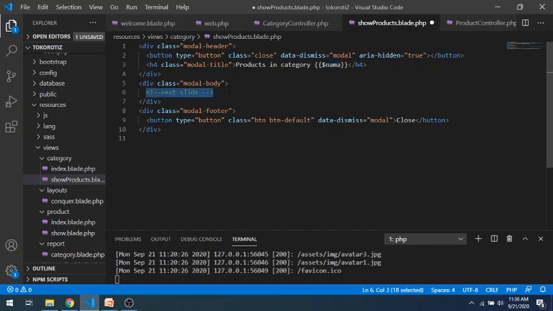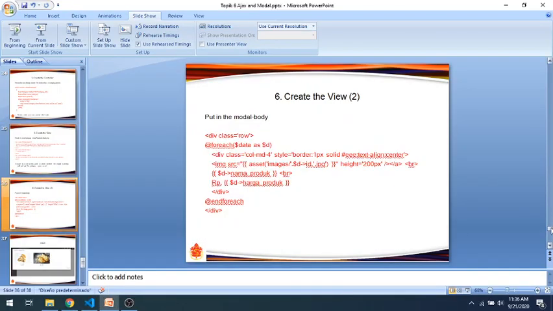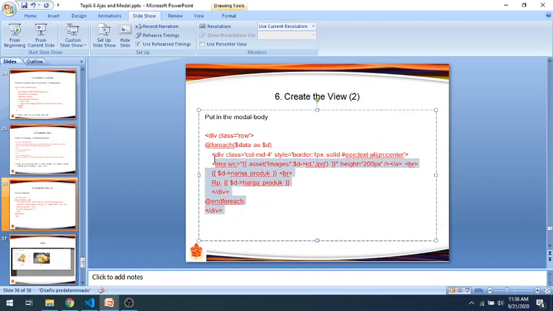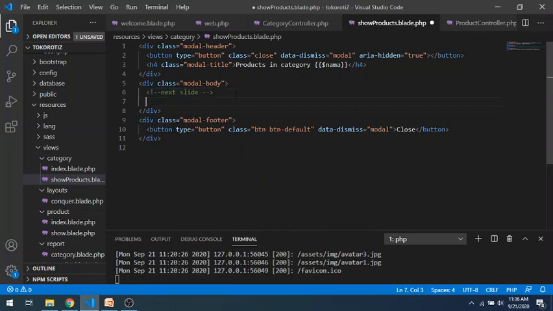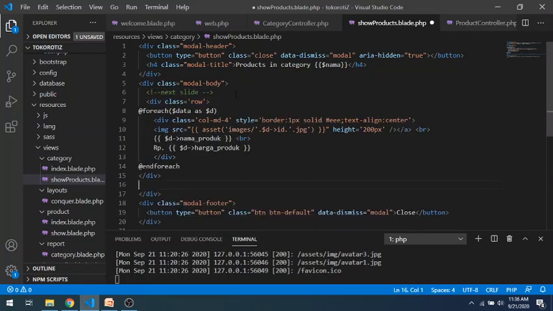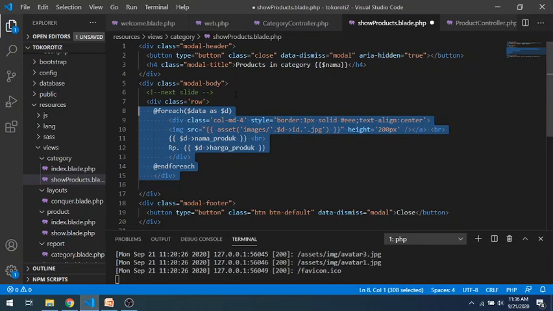And for the body, we copy it from here. It is taken from the product page, and we present it in a Bootstrap row and column, Bootstrap grid.